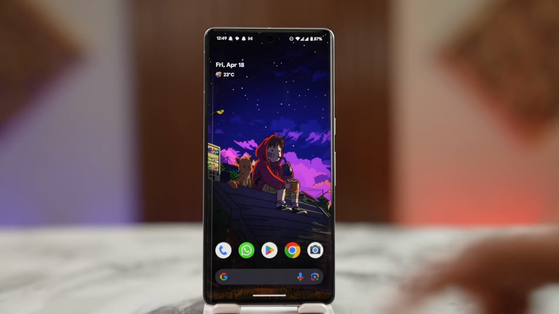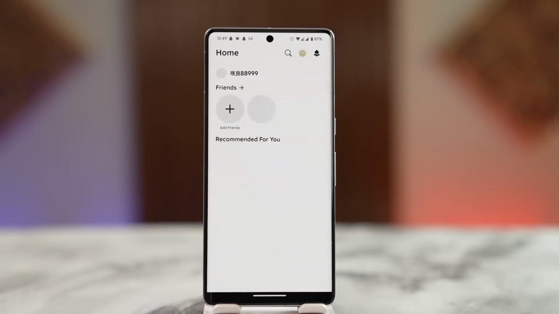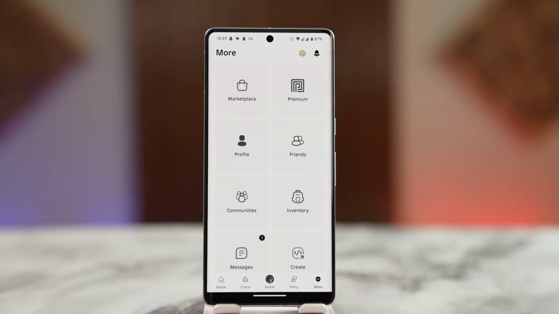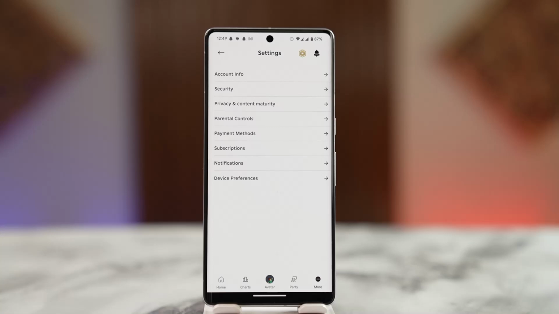First of all, you want to actually come to your Roblox application and log into your account. Once logged in, you'll be taken to the home page, which is going to look something like this. So here, what you want to do next is come to the More tab from the bottom right hand side corner. Then you want to go to the settings page, so click on the gear icon,